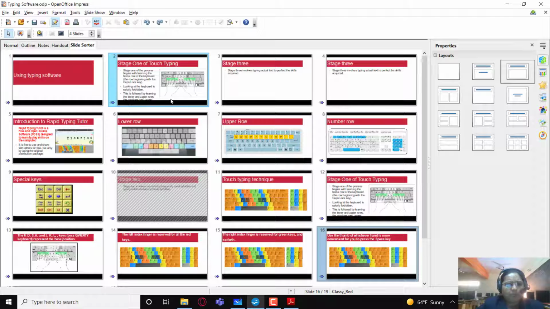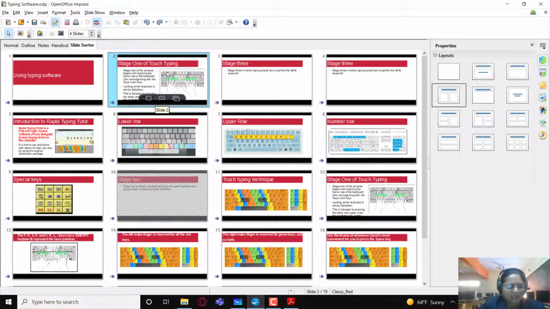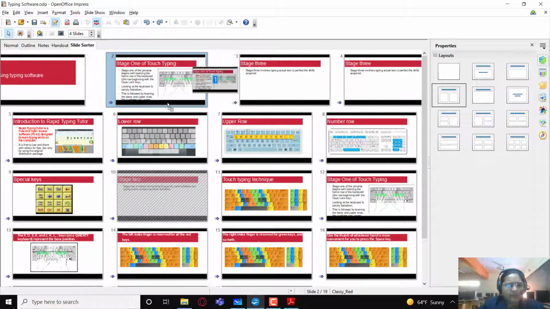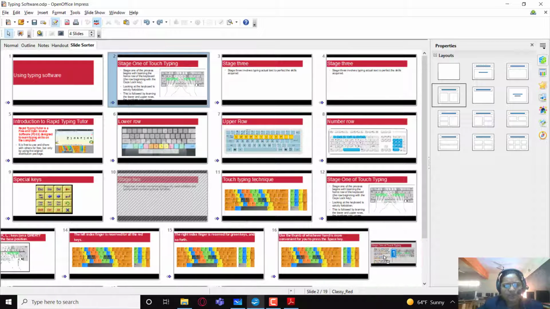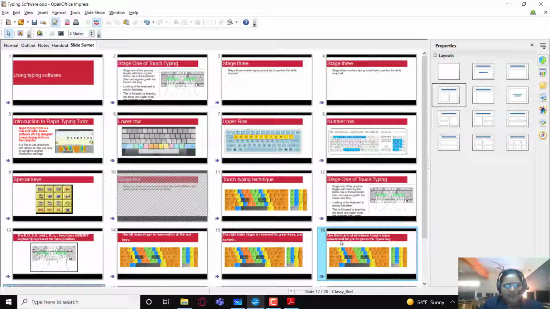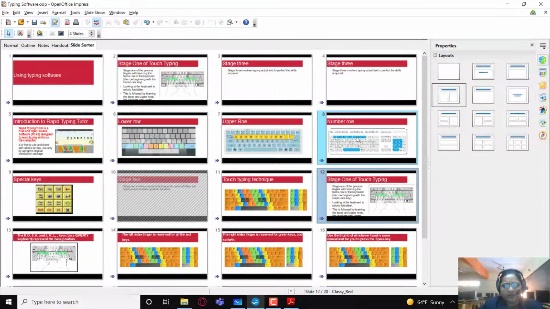So here what you have to do is, suppose I want the slide Stage 1 of Touch Typing to be inserted at the end also. So first I will press the Control key on the keyboard and keep it pressed. Now I will click on this slide and you will see that it remains in its original location. Now wherever you want you can just release it, drop it there, and when you check it you can see that it is there, Stage 1 of Touch Typing, and here also it remains. And our shortcut keys are already there, Control C, Control V and Control X.